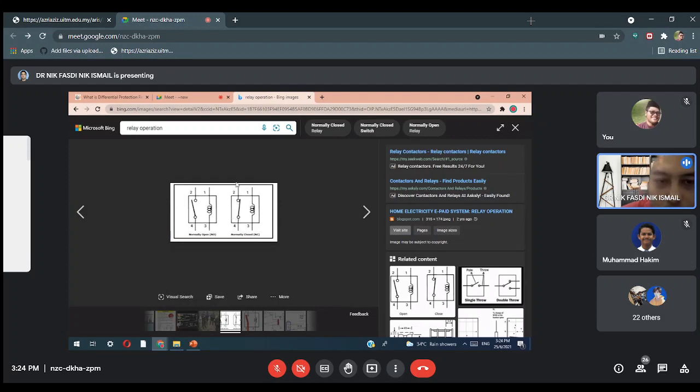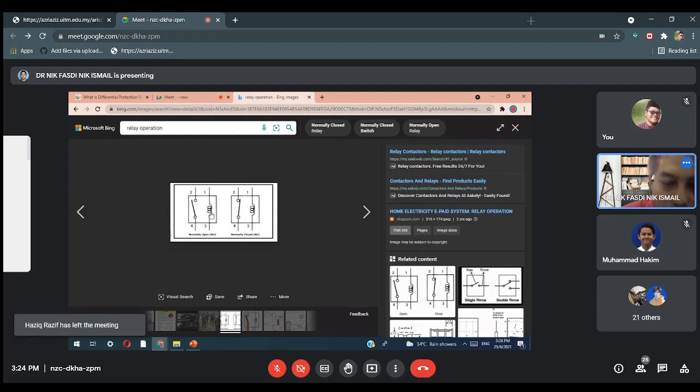So in normal operation without fault, it is always closed. When the coil turns on, it will open. So it will open the circuit. When the circuit is open, current cannot flow, so it will isolate the fault current. Okay, that is the breaker. But for the overcurrent relay, when the coil turns on, meaning when there is fault current, it will sense